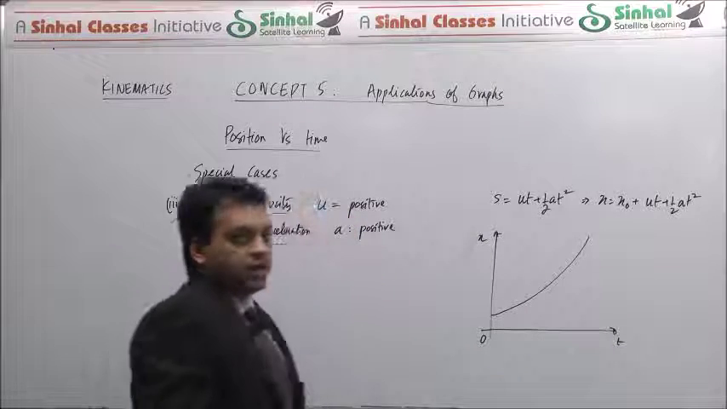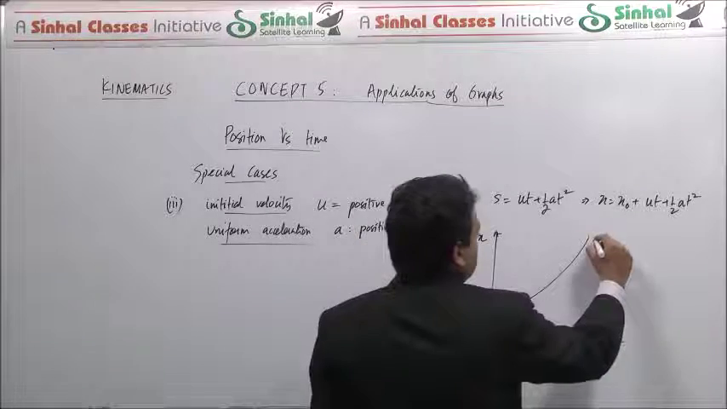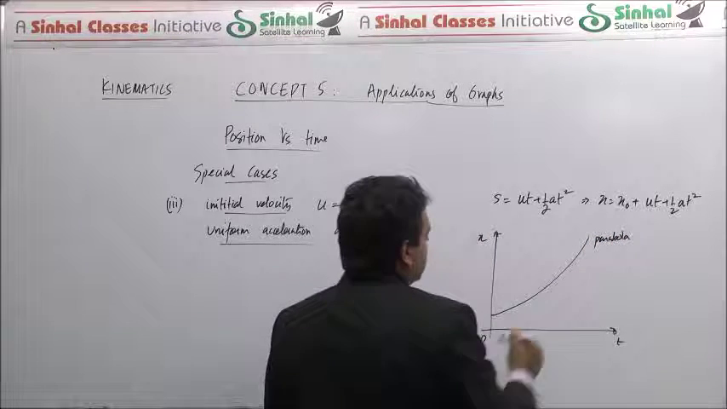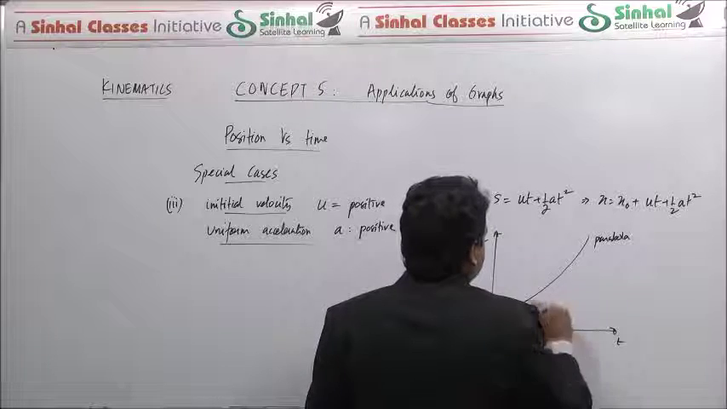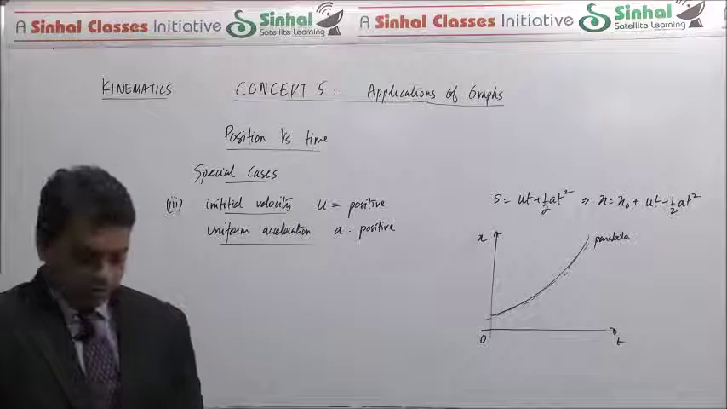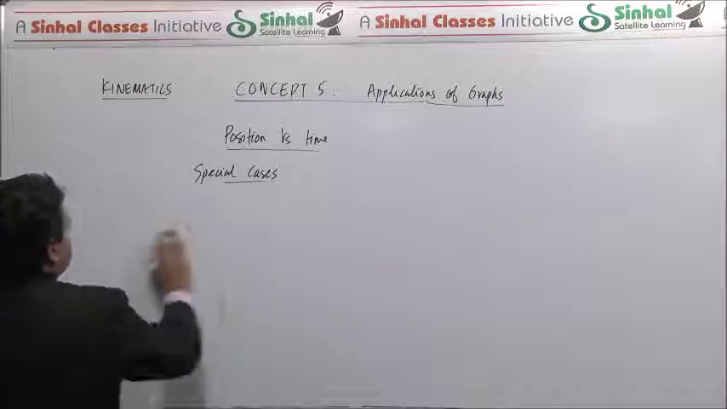So that would look like a parabolic graph. As you can see, the velocity or the slope of the tangent is continuously increasing because the acceleration is positive. Next up,